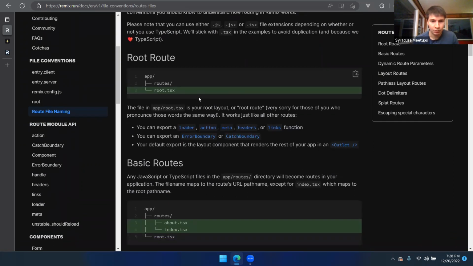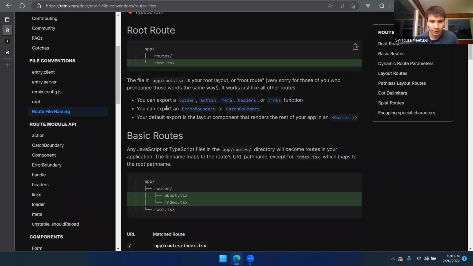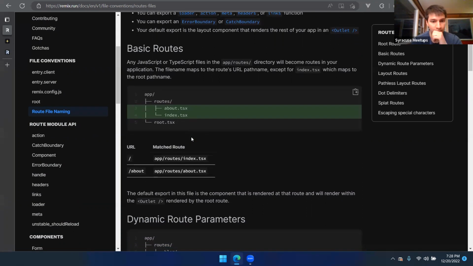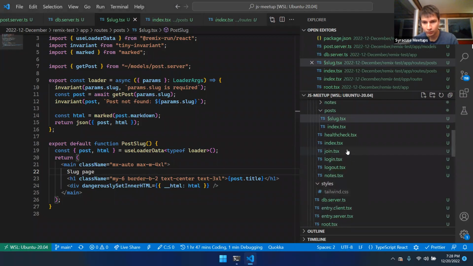Interesting. They're using root.tsx. Okay, root is your actual page template. And then you've got routes. Okay, and any JavaScript file in the app routes directory will become routes in your application. File name maps to the route URL path name, except index, which maps to the root path. Interesting. Okay. So you can also just name a file, so they have, for instance, login, join,